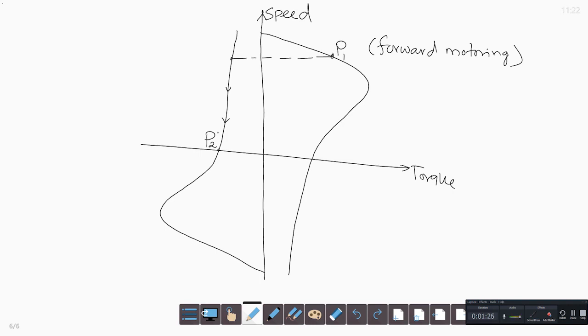If the purpose of braking through plugging is to stop, the motor must be disconnected from the supply at point P2, so that the motor remains stationary. This requires an additional speed sensor which will sense zero speed and disconnect the motor from the supply. If the disconnection is not done at point P2, the motor enters the third quadrant, that is reverse motoring operation, and operates as a motor in the reverse direction at point P3. In the third quadrant, speed and torque are both negative, so it is a motoring operation in the reverse direction.